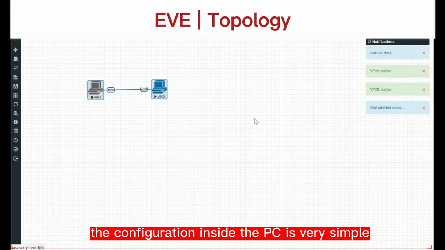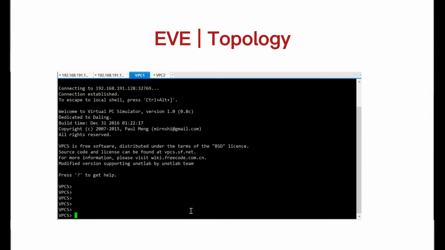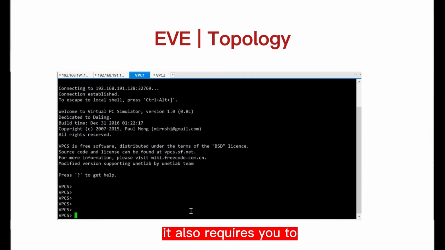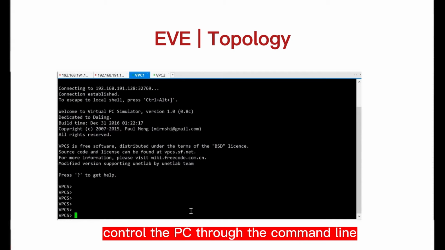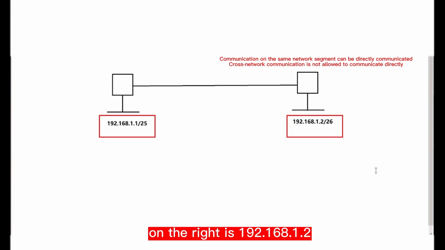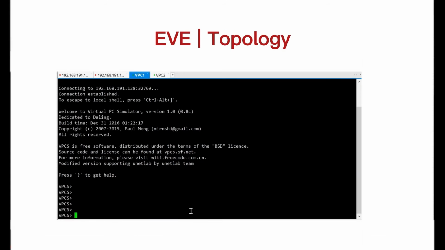The configuration inside the PC is very simple. Click to open it. After opening, it is like this configuration format. It also allows you to control the PC through the command line. We will now configure it according to this address. On the left is 192.168.1.1 with a 25-bit mask. On the right is 192.168.1.2 with a 26-bit mask. So we just type IP